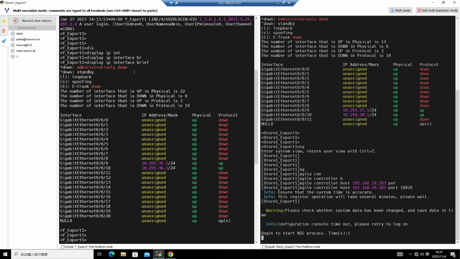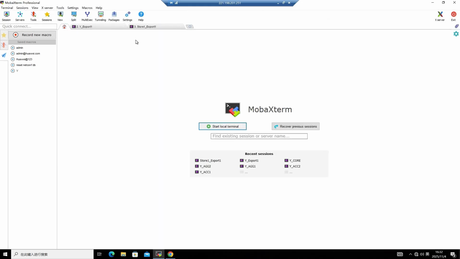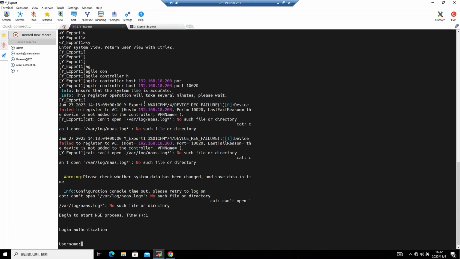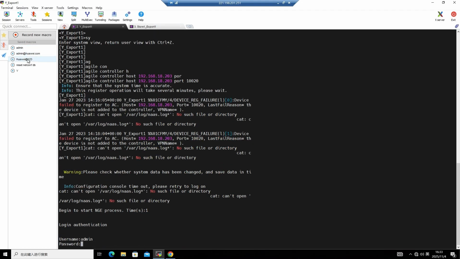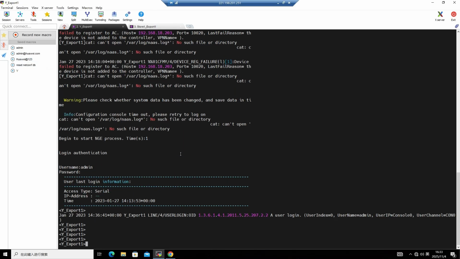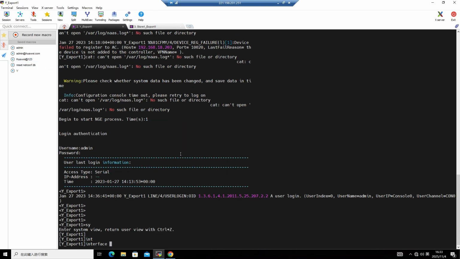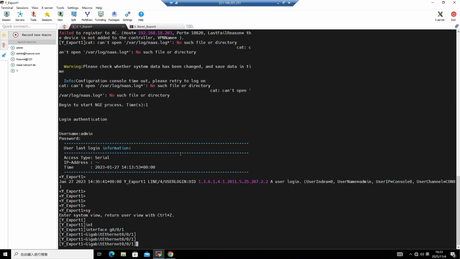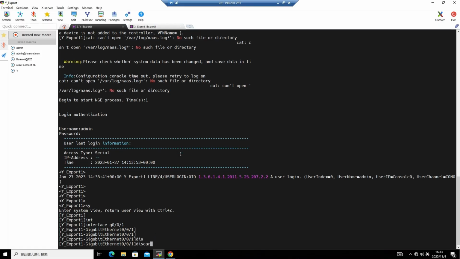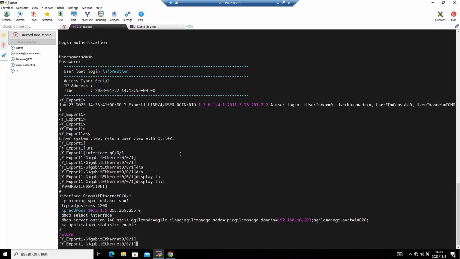We can go to the device and take a look. So basically we've separated it. So for our device, there will now be some corresponding configurations here. For example, we can go into the G0-0-1 interface. Didn't we just configure its port? Here we can use the command display this to check, and you'll see here that we've actually added